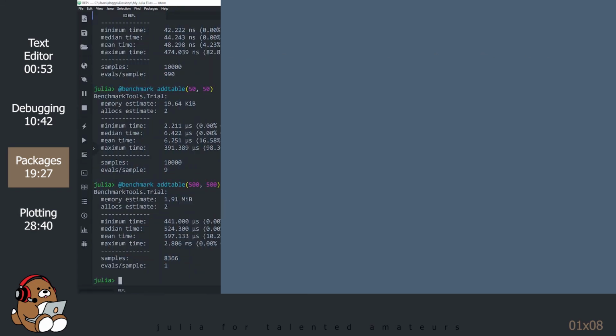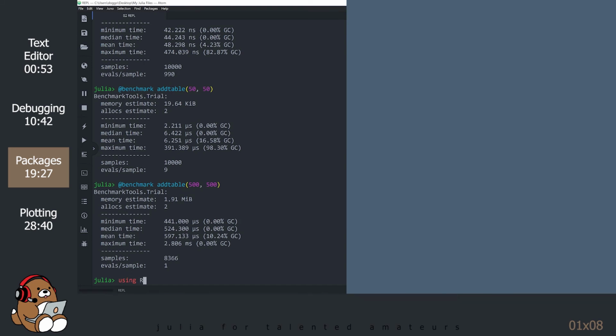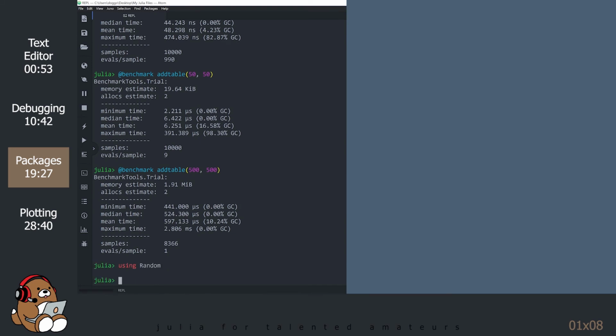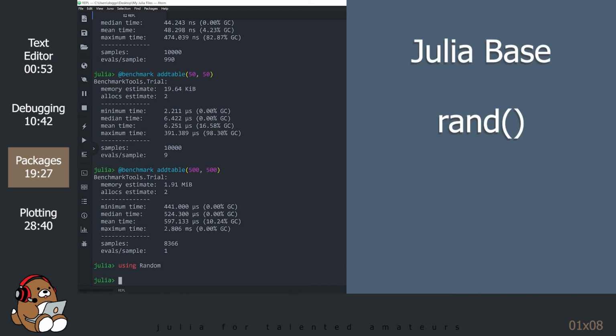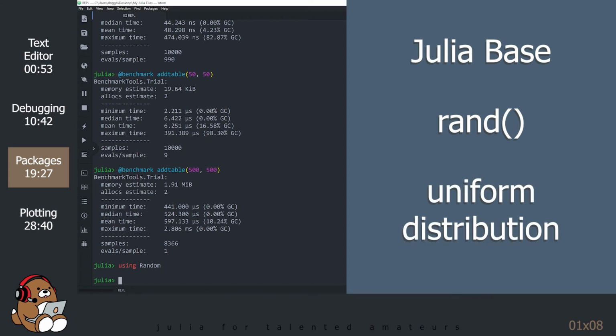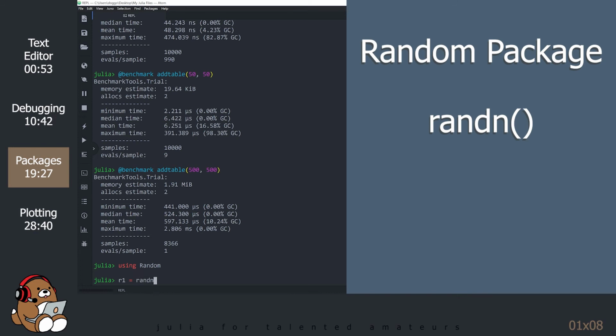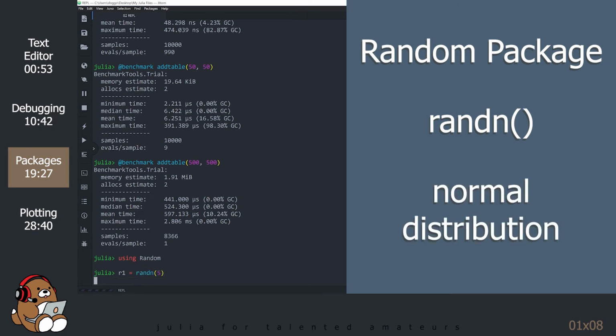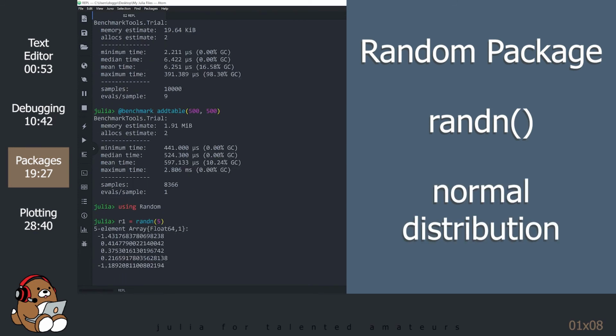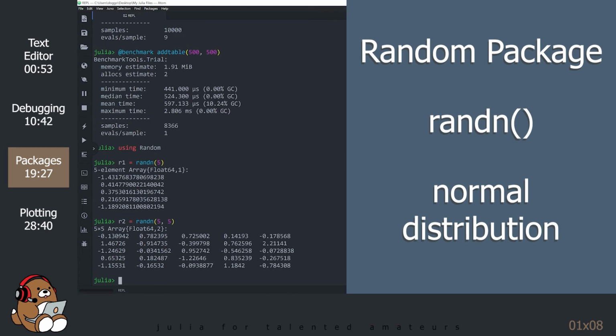We've used the rand function before, but there's a whole world of random number functions available in the Random package. The rand function uses a uniform distribution when generating random numbers. The randn function uses a normal distribution when generating numbers, meaning that over a large sample size, the average value will be 0, and the data will have a standard deviation of 1, meaning that most of the data will fall somewhere between -1 and 1.